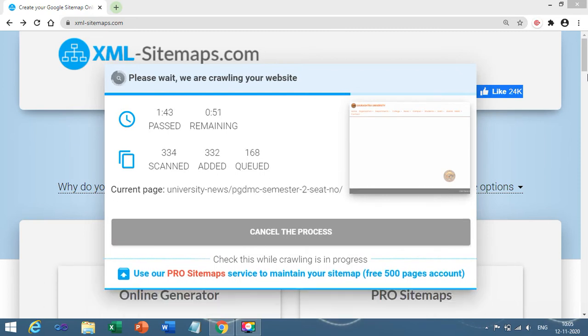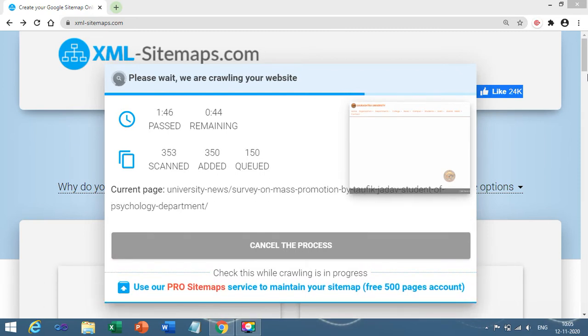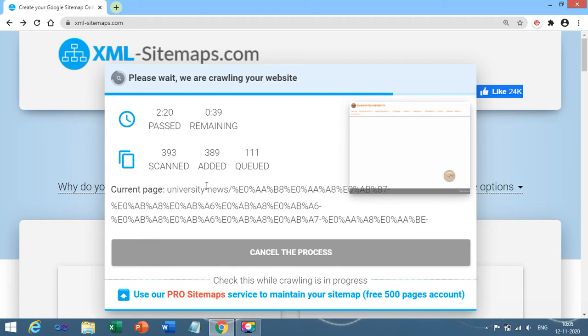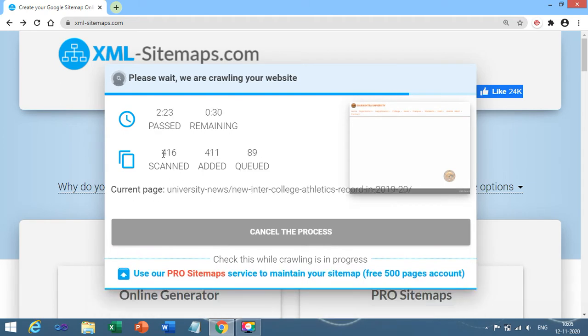As I have told you, you need a high speed internet to create your sitemap or perform the practicals on the robots.txt file, as it totally depends on the speed. We still need to wait because approximately 147 pages are in the queue, and you can also see which pages are going to be scanned.